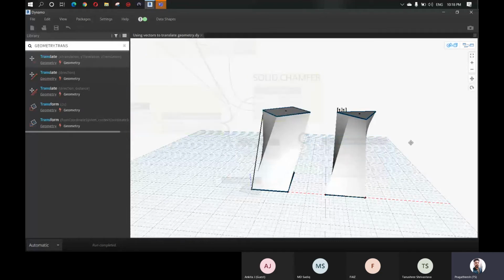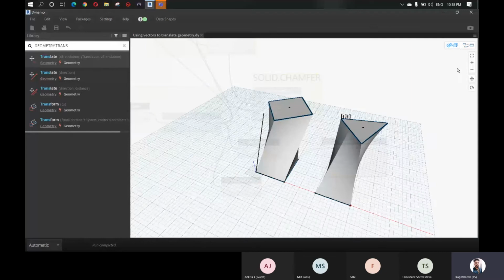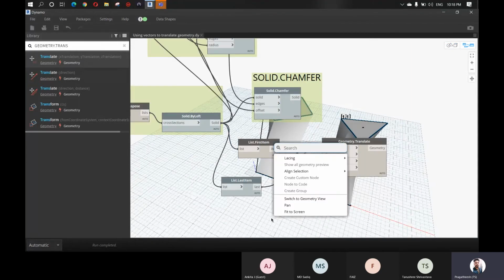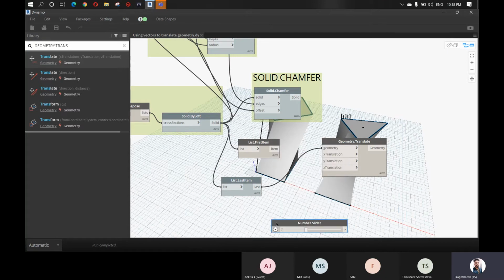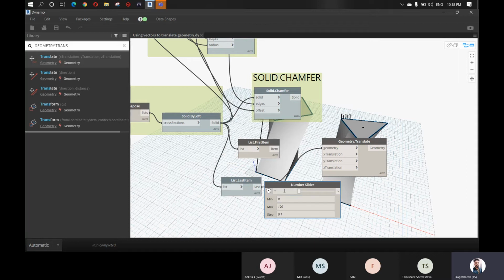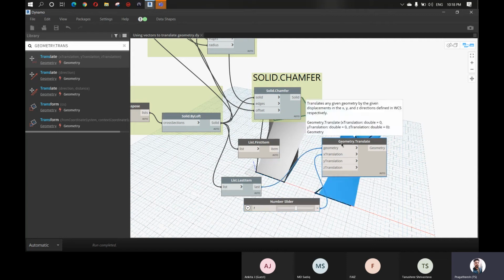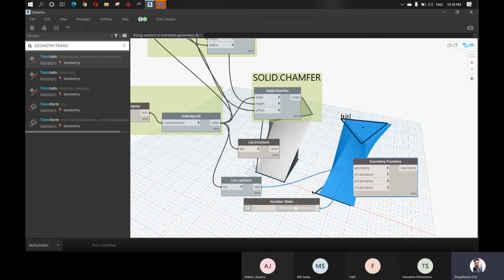I'm just hiding this one, and I'm using a number slider. So now connect this to the x.